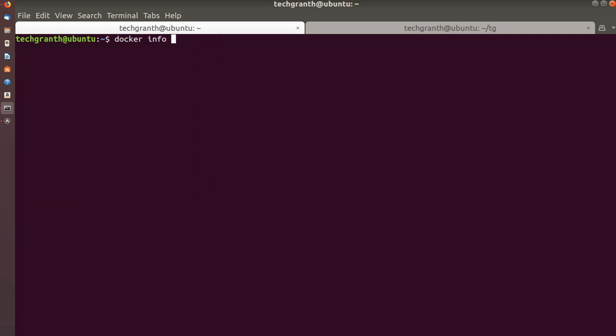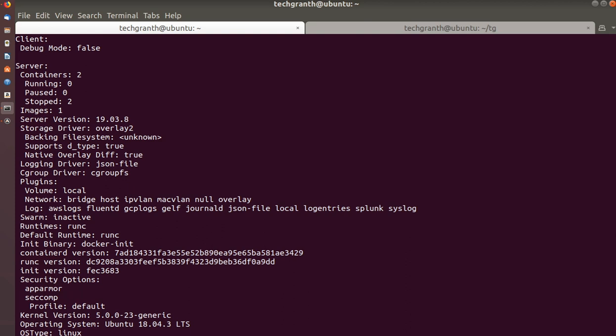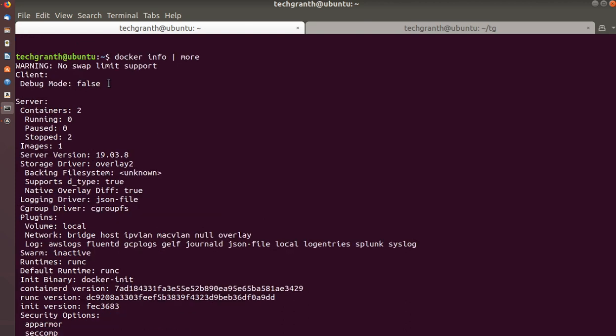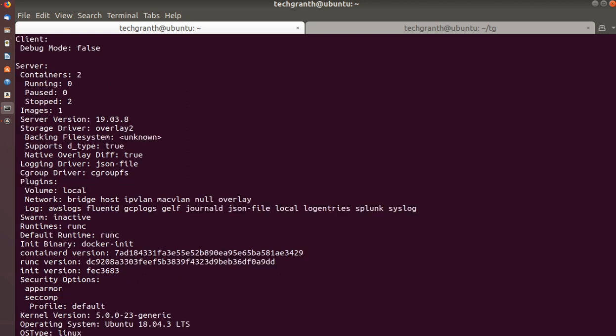So I'll not just put head, let's do it with more. Okay, from here you can see client debug mode is false, we can make it true. Server containers, we have two containers and both are stopped.